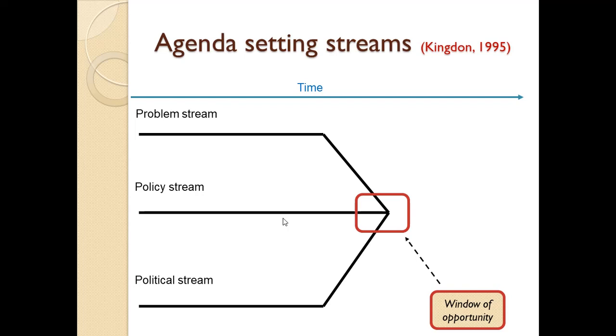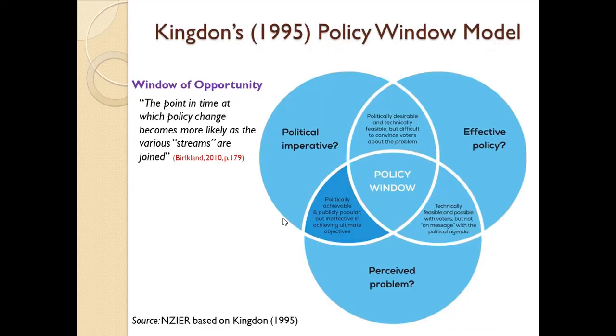And the window of opportunity would give way for agenda items to be adopted for discussion, and therefore to see if they can be formulated to become a policy in that case. So a window of opportunity in this case is the point in time at which policy change becomes more likely as the various streams are joined. So you have your window of opportunity there. So here you have an intersection of policy and